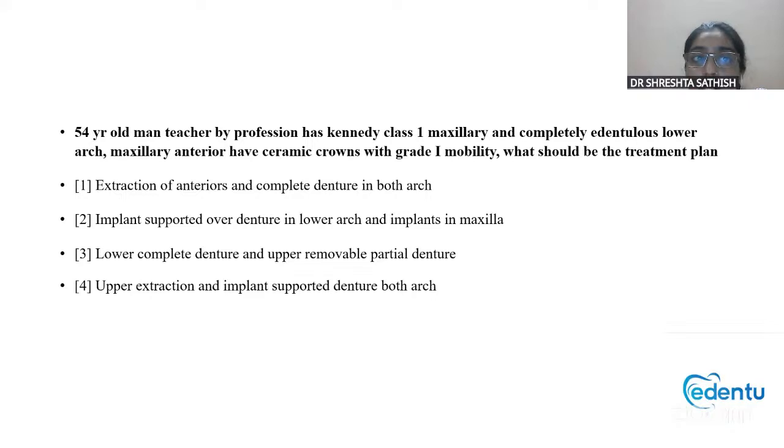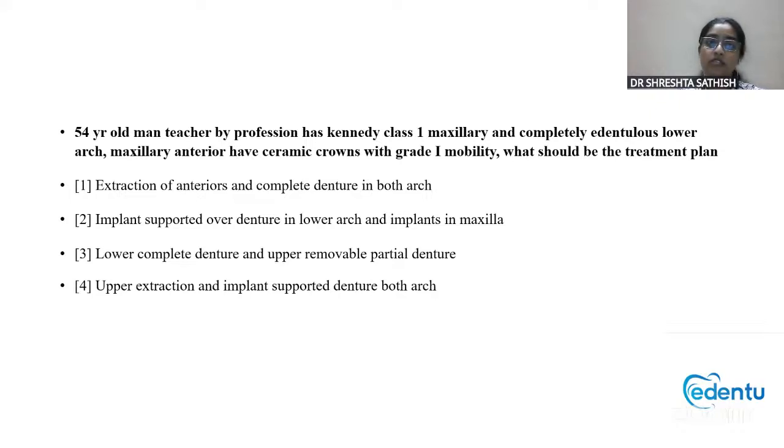So if you see the first option, extraction of anteriors and complete denture in both arches, for a teacher by profession, it will be so hard for him to extract and go back and then wait for it to heal and then give a complete denture. It will take such a long time for the whole process to take place. He's a teacher, his profession will be badly affected. Second thing,